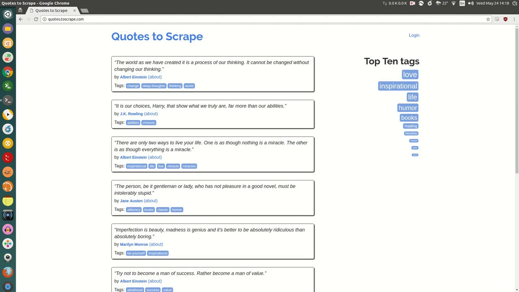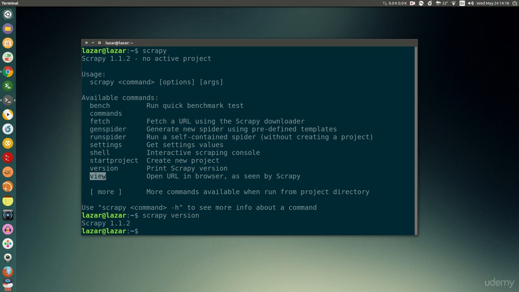So if you go to the Scrapy shell and test out, I don't know, this quote that you would like to scrape, and if the data is not there, even if you wrote a couple of different selectors, then just make sure to use the Scrapy view command to figure out if the data is actually there, because on JavaScript heavy pages, the data sometimes will not be generated or seen by Scrapy.